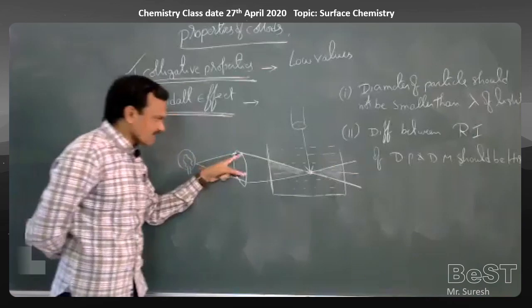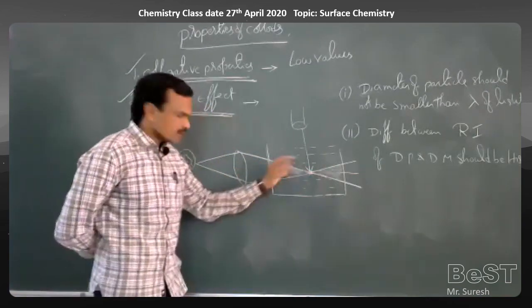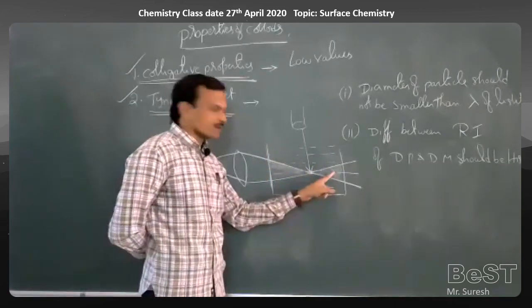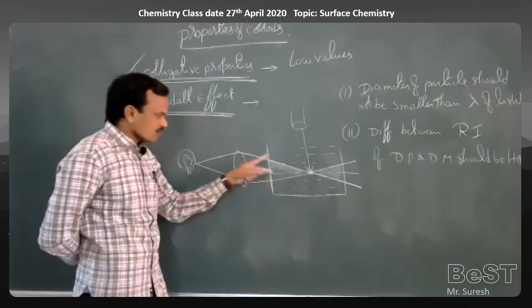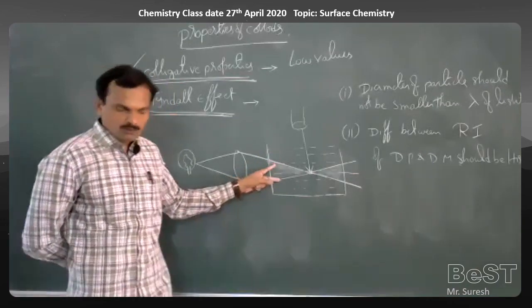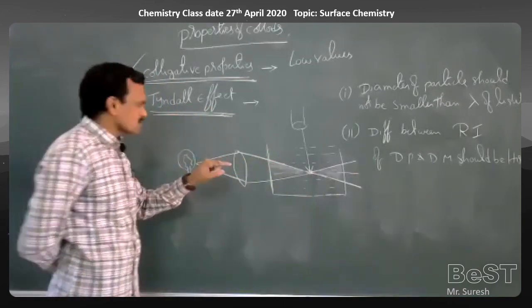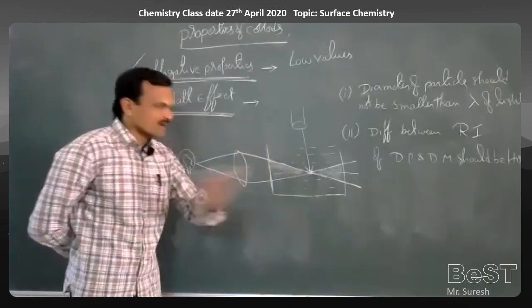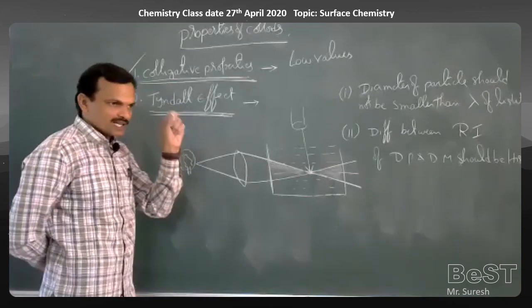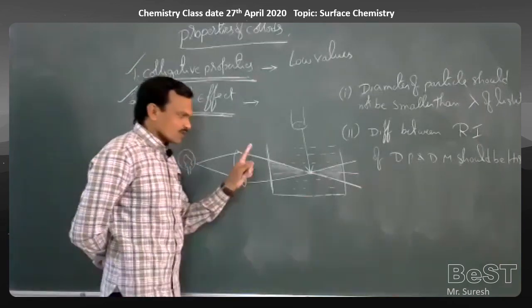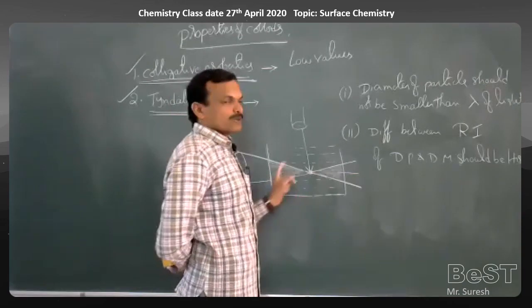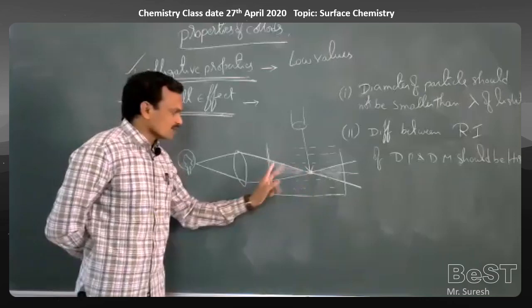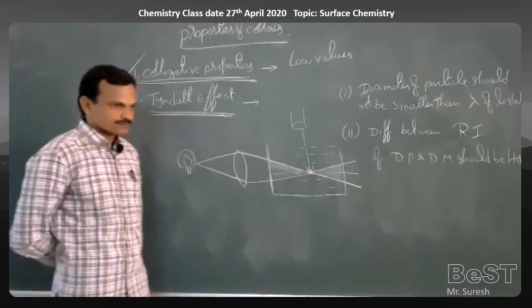When a beam of light is made to pass through the colloidal solution, the beam of the light gets illuminated, and this illuminated light beam is called a Tyndall cone. The illumination of the light beam is due to the scattering of the light by the colloidal particles. See, light has different wavelengths. Which wavelength of light gets dispersed or scattered? The wavelength of the light scattered depends on the size of the colloidal particle.